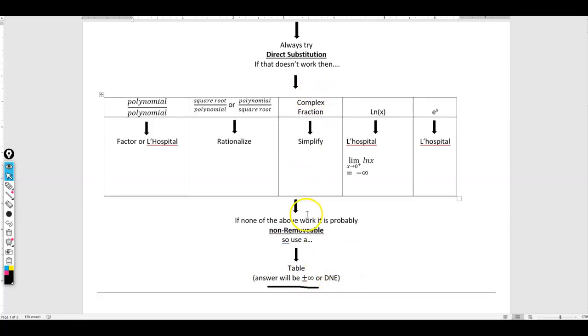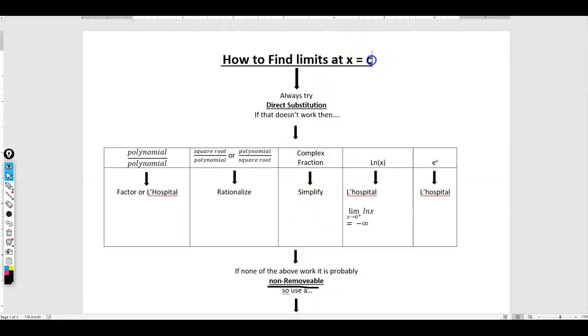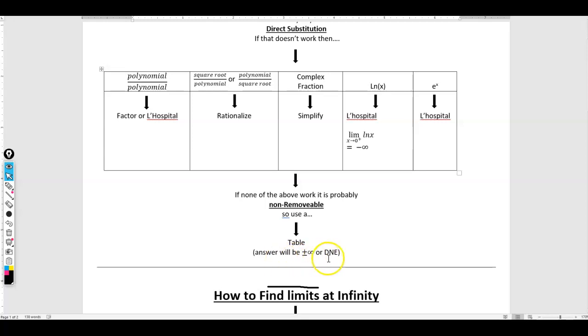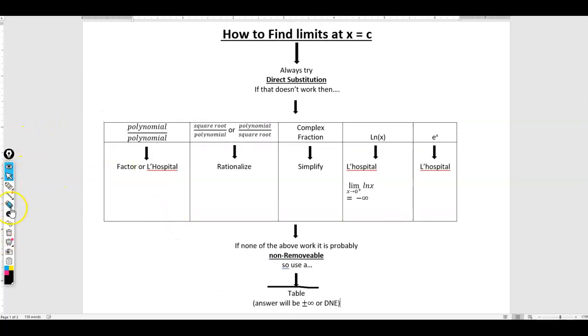So as you get closer and closer to this c value, what seems to be happening? Are the numbers getting bigger and bigger or more and more negative? In other words, is it becoming positive infinity or negative infinity? And if it's doing the same thing from the left and the right, then you can say infinity or negative infinity. But if it's doing opposite things on the left and right, then we simply say the limit does not exist. Okay, there's a lot going on there, but all the examples we're going to be looking at later on